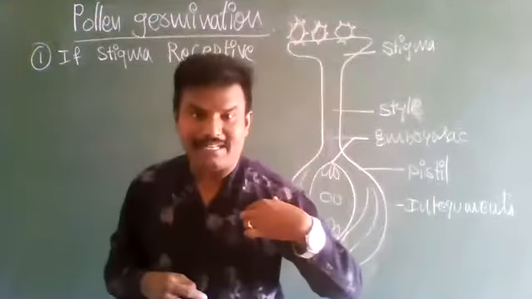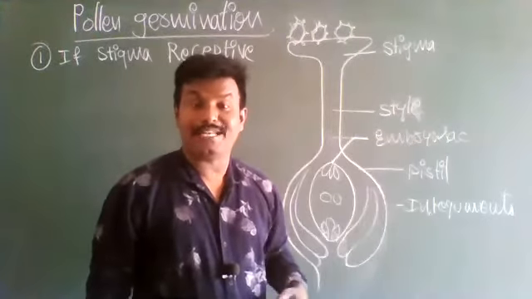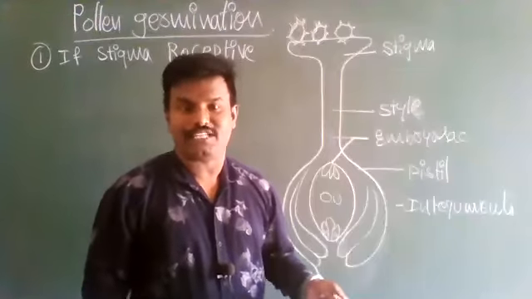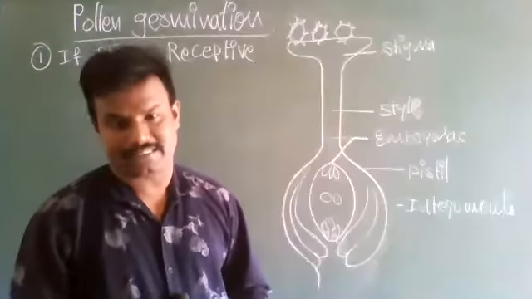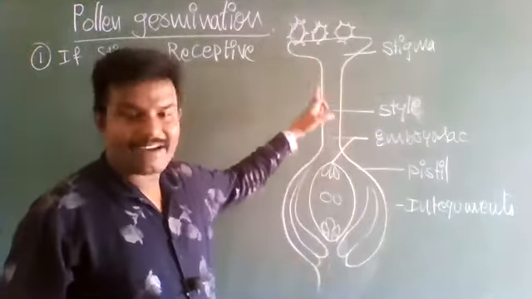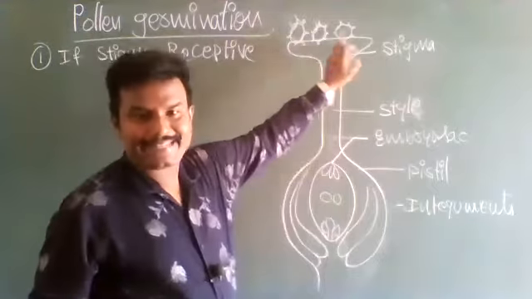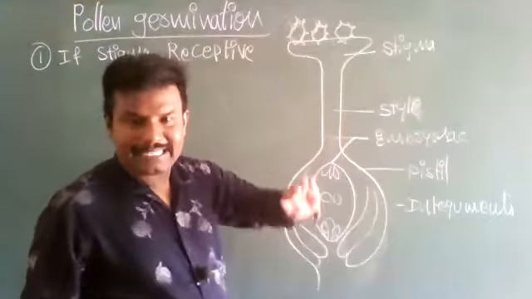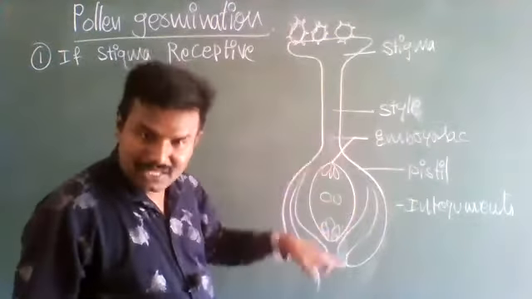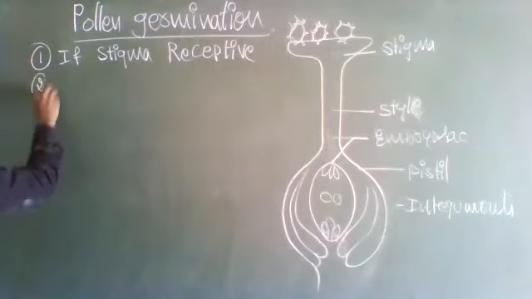So this condition we will have a look at in the laboratory. One topic is there, pollen germination, pollen tube growth on the stigma. That we will do as one experiment in biology. It is a very important experiment for about 5 marks. At that time, through a compound microscope, you will have a look at these events. If these pollen grains are compatible, compatible means what? If those belong to the same species, then the pollen grains begin to germinate. That is the first point.